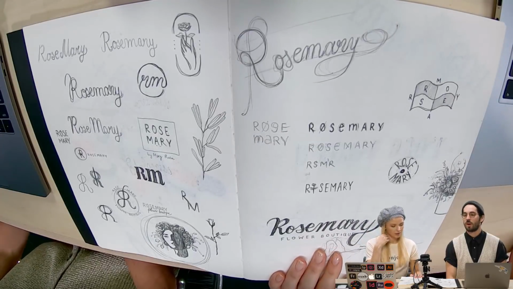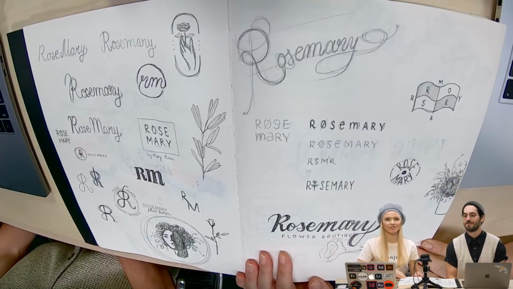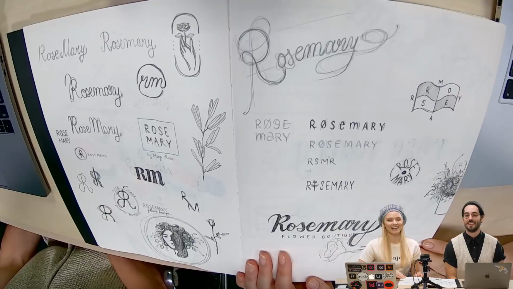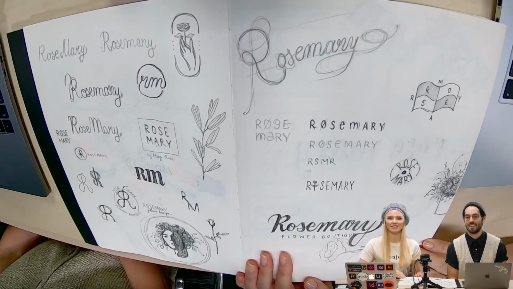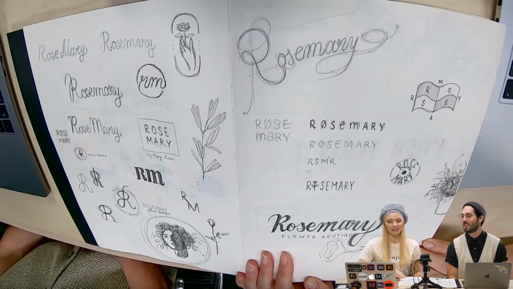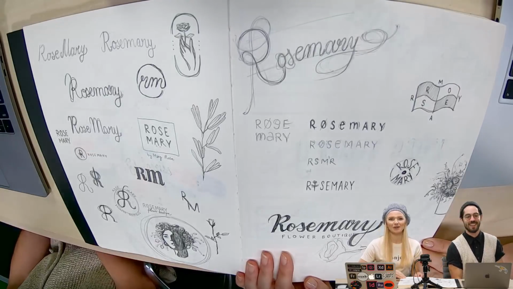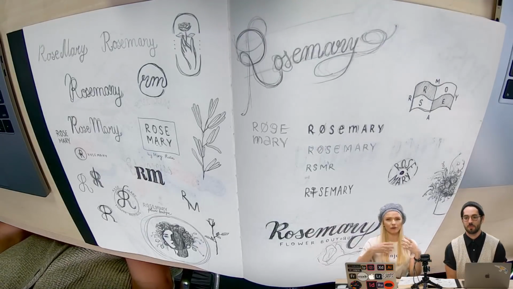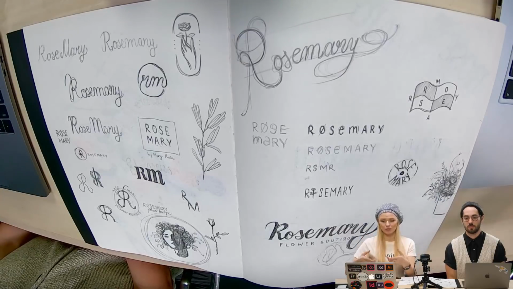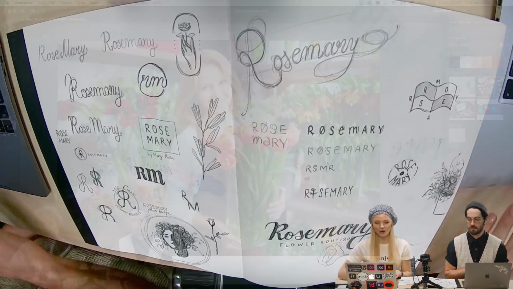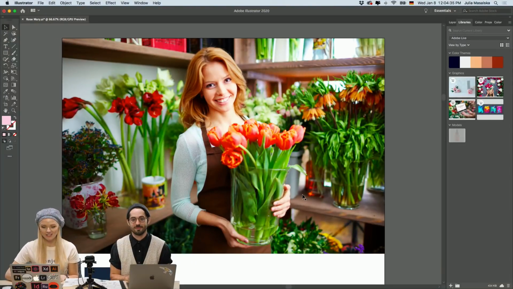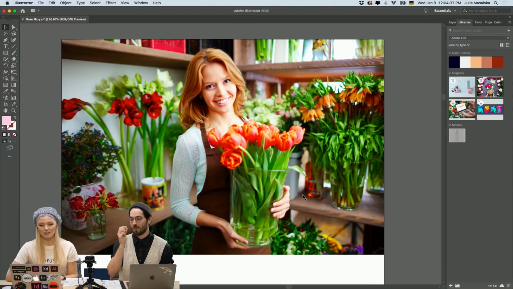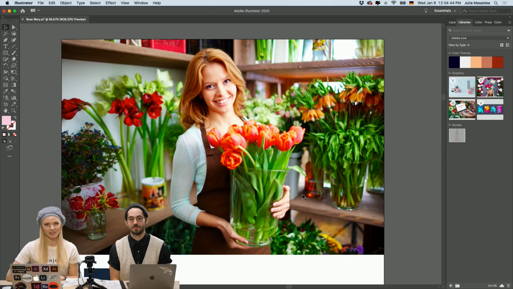Did she give you any direction? Well, actually, it's a fictional lady. So I'm trying to give myself some directions, and maybe working the client is you. When working on personal projects, it's always best if you create yourself a visionary character. And if we switch to my screen, we can quickly see her. This is her. This is Mary. So Mary is very passionate about flowers, and therefore her shop name will be Rosemary.